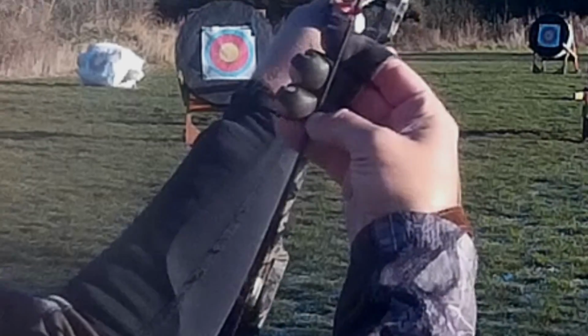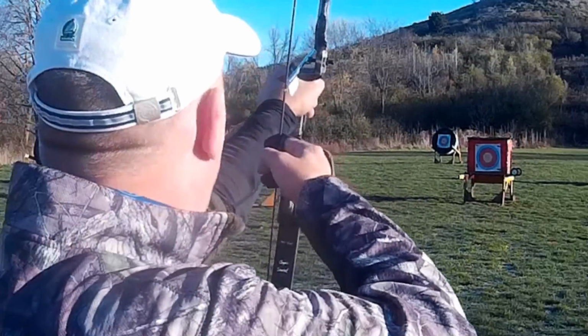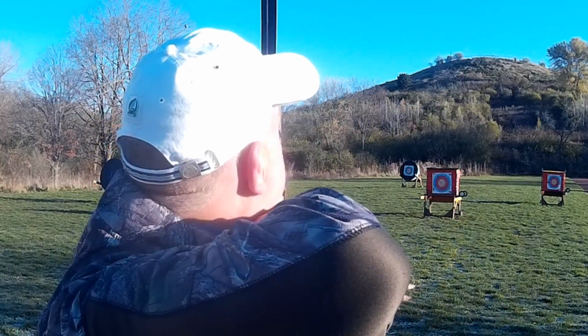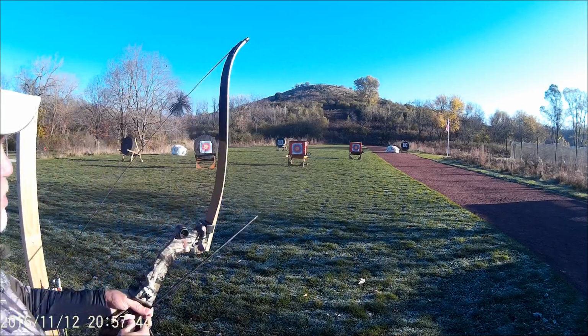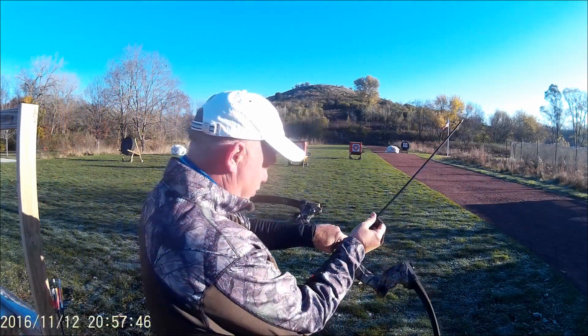It's going to be a 3 arrow gap for 15 yards. I'm going to draw back, put the tip of the arrow right in the center of the target. We got a deer. All right, now we're shooting at 20 yards, exact same arrows,